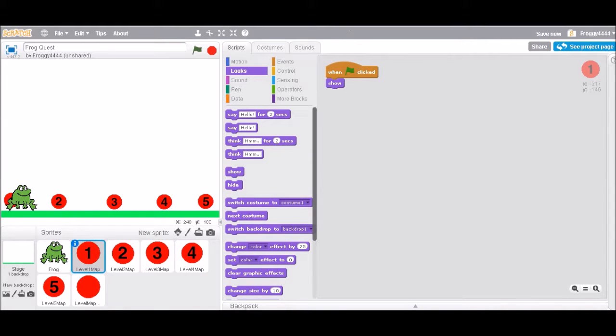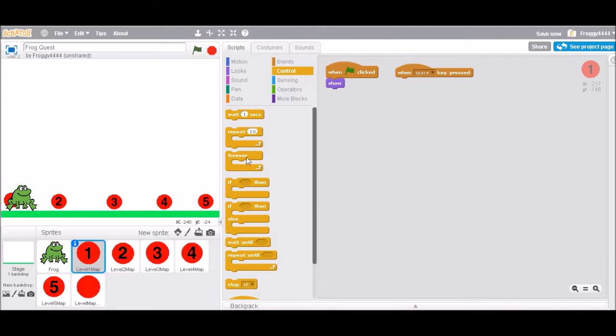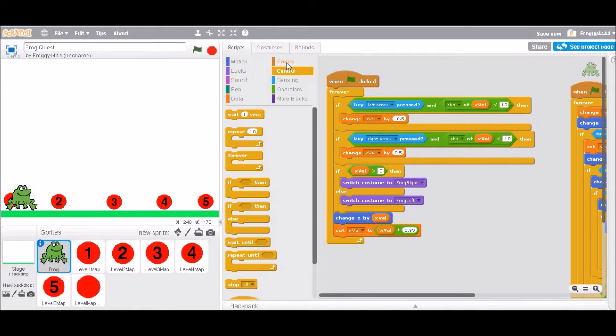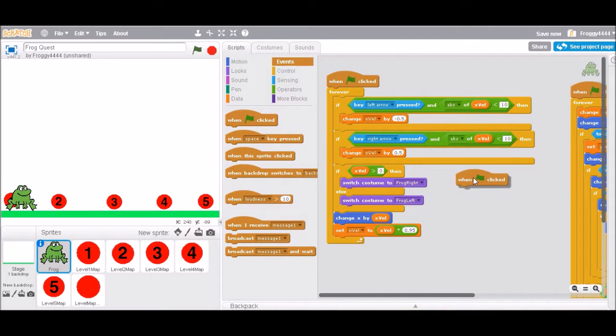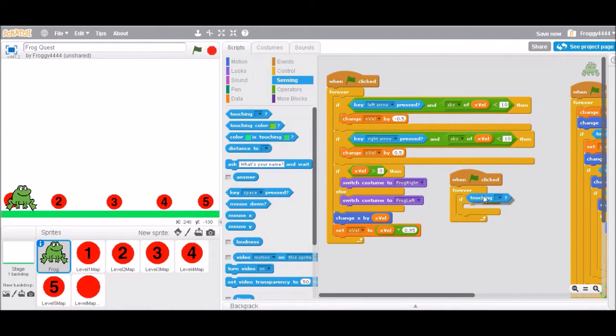Okay. When the green flag is clicked, we want to show. And then so space does work. So when space is pressed, if, we'll have to make a variable for if this guy is touching it. So, green flag is clicked, forever. No, we could add to one of those, but I'm just going to make a new one so it's more organized. So when the green flag is clicked, forever, if the frog is touching, if it's touching level 1 map,